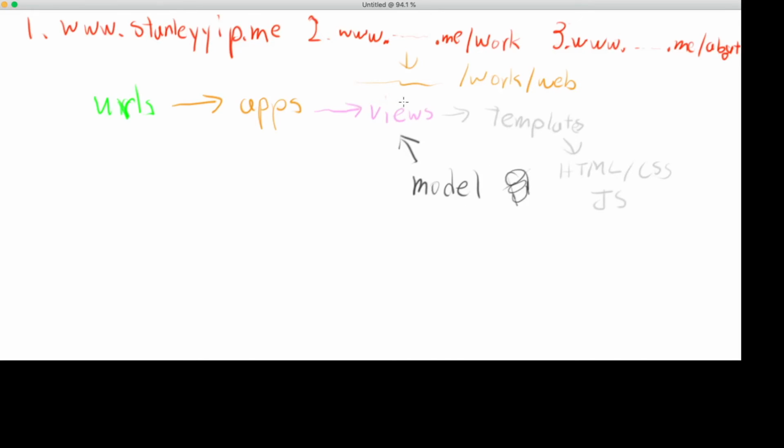So this is handling all the logic, and each app will have one view file, and that view file will have a bunch of functions doing whatever logic that you want. And the most common way is to render out a template that has the HTML, CSS, and JavaScript. Now that's the general idea of this framework, and the whole point is that